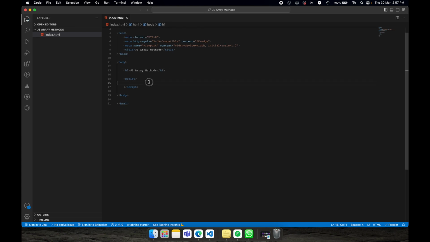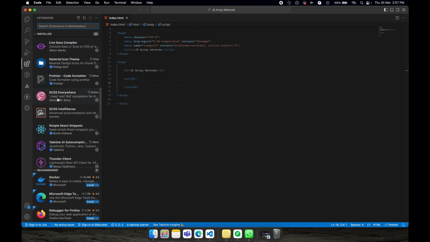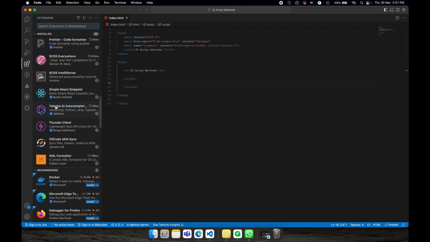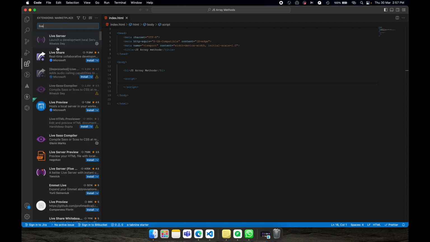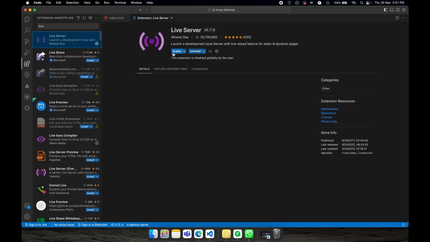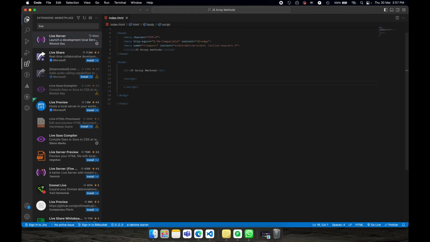So we will save it by pressing Ctrl S, and we will go to extensions, and there we have one extension which is Live Server. Yeah, here it is. You have to install this if you don't have it already.